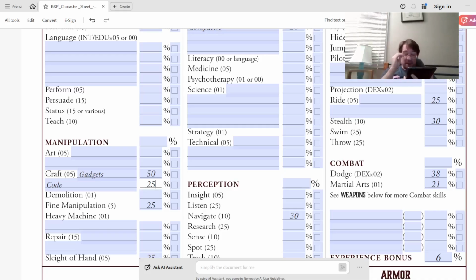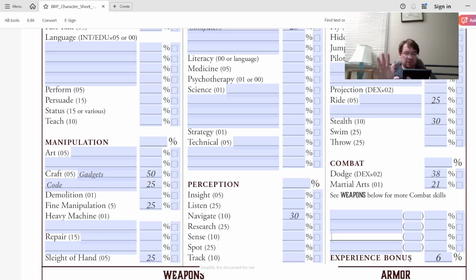So instead, let's just talk about it. We've got intelligence times 10, so I have 120 personal skill points that I can spend. I'm going to divide those up into six sets of 20, and that's going to make my life way easier. I'm going to pick six things that I think he is able to do. I think I would up stealth, dodge, and martial arts. I'd up all of those, and then I want to up things like research, sense,